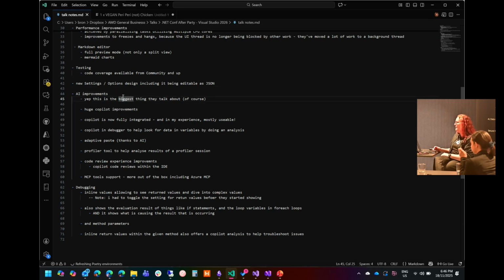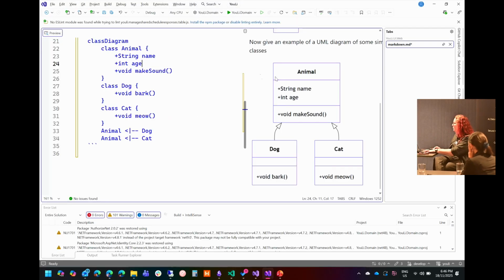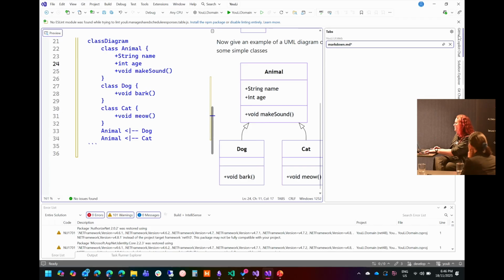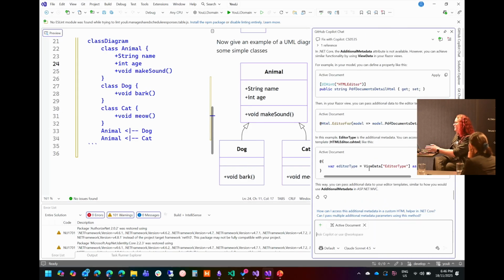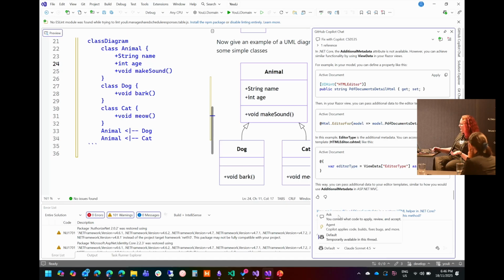Okay, AI improvements. Yes, this is the biggest thing that Microsoft talk about, of course, but it is actually a huge improvement in Copilot. It is now fully integrated, and in my experience, it's very usable. It looks and feels very similar to how it looked in the old version, but it mostly just works. It is also a very similar experience to what you have in Visual Studio Code if you've tended to use that. You get to choose your ask mode, the agent mode, or the